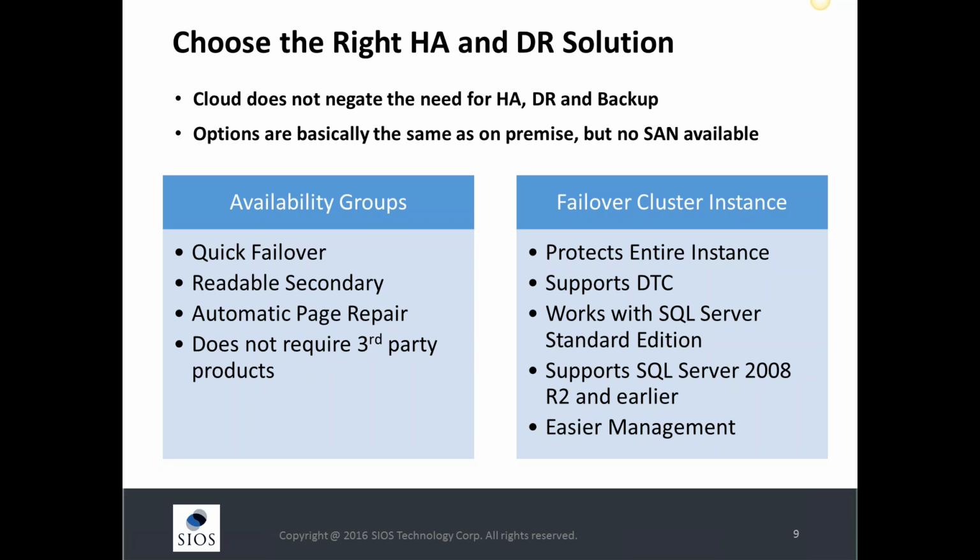In the cloud is the lack of a SAN or some sort of shared storage device, where a typical failover cluster will require a shared storage device where all of your data resides. The cloud, or at least Amazon and Azure and Google, I know as well, does not have a SAN that meets the requirements of a cluster. So the SAN needs to support SCSI-3 reservations, needs to be highly available, highly scalable, and so forth. So the cloud providers have storage that just attaches to each instance. And that works fine for availability groups, but in a failover cluster, without that SAN, you're not going to be